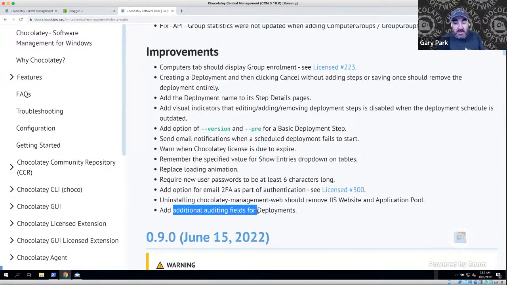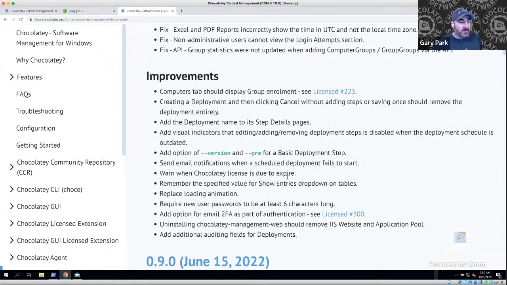Currently, none of that information is being surfaced, but future versions of CCM fully intend to use that information for the purposes of creating better reporting within CCM. So we've started the process within CCM of capturing that audit data, and then we'll make use of it in future versions. So with that, I think we've got through all of the